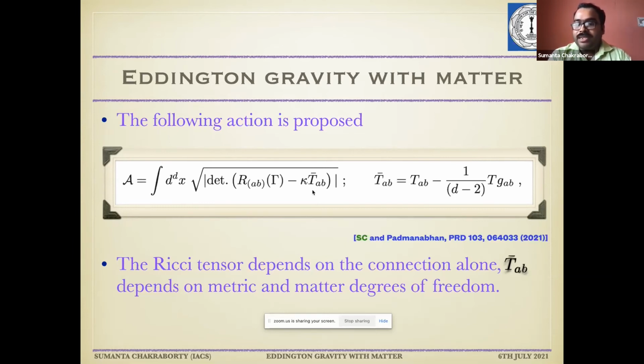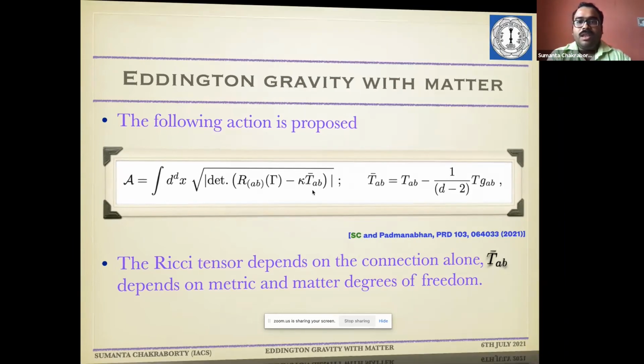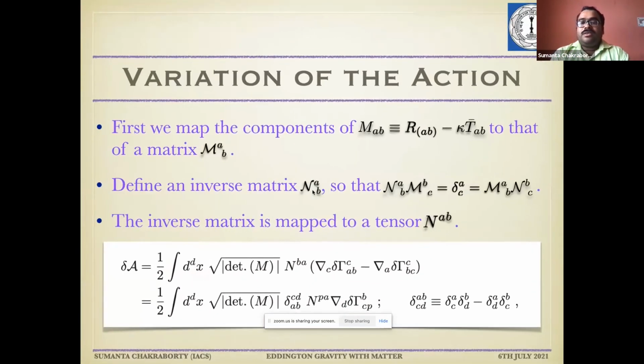Should we vary the matter degrees of freedom, or can we use some other trick to get the matter equation of motion? So first of all, to proceed in that direction, to vary the action itself, we first map the components of the R_AB minus kappa T bar AB to a matrix curly M_AB. I would like to emphasize one point over here, that normally we take the Ricci tensor R_AB to be symmetric